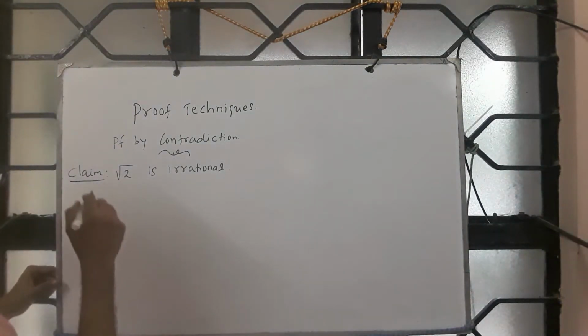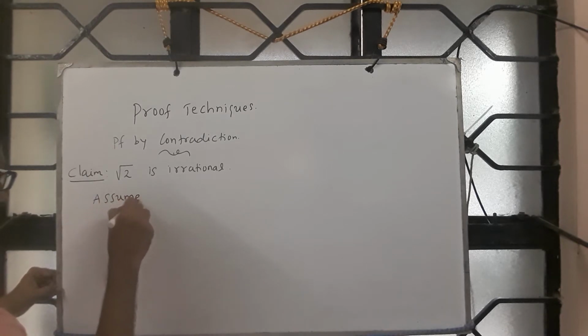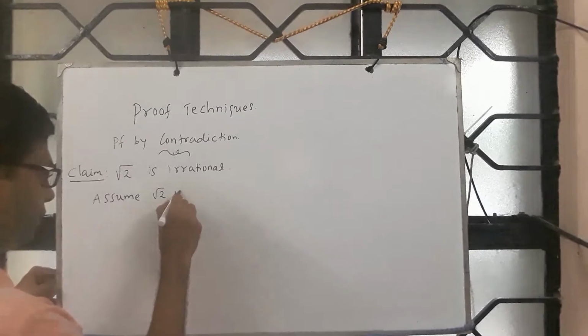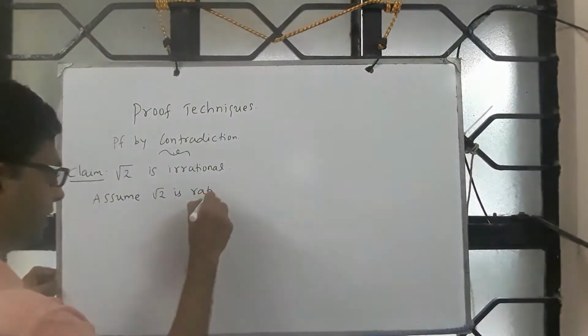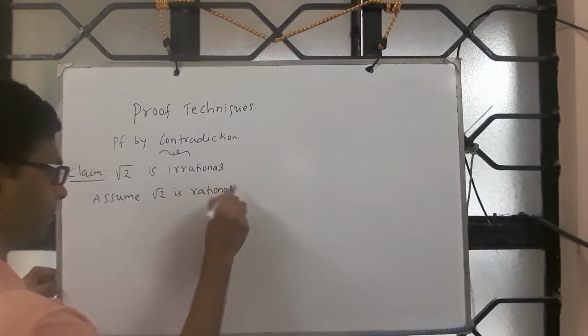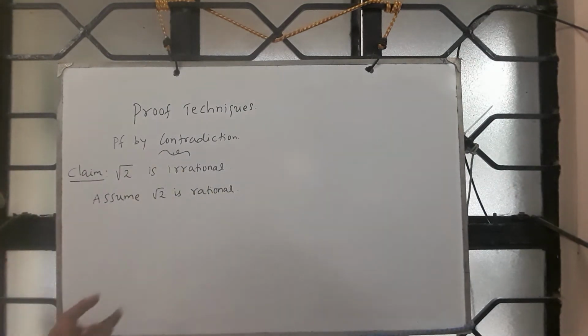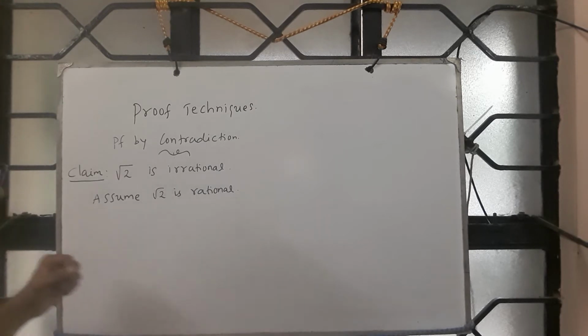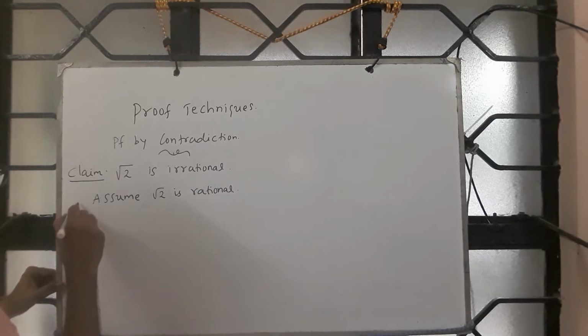So I am assuming, look at the flow. I am saying assume the claim is false, which means assume root 2 is rational. Then bring a sequence of logical implications. When you say root 2 is rational,